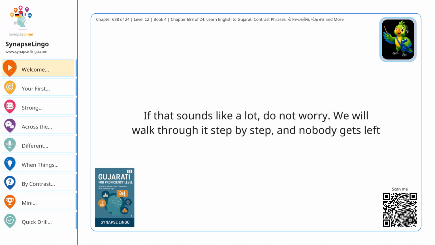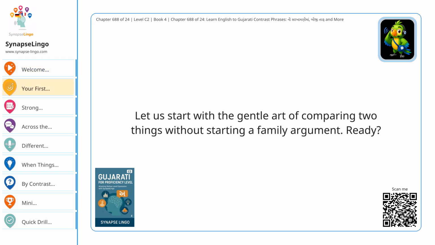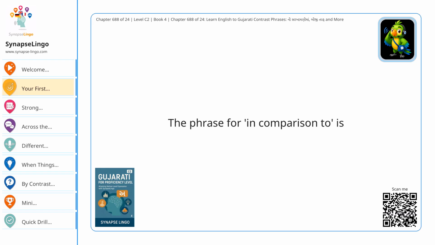If that sounds like a lot, do not worry. We will walk through it step by step, and nobody gets left alone with a grammar monster. Your first comparison. Let us start with the gentle art of comparing two things without starting a family argument. Ready? The phrase for in comparison to is